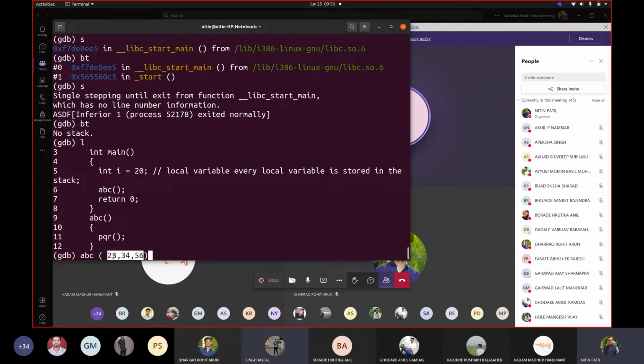But, sir, the condition is that I is a global variable. If it is a local variable, then it doesn't matter. What I'm saying is, don't talk about this code. I'm talking about a function ABC which has integer I, integer J, and integer K as parameters. Then yes. In that case, this 23 would be associated with J, correct? That's what I'm saying. So this association would be in respect of the order of the parameters.